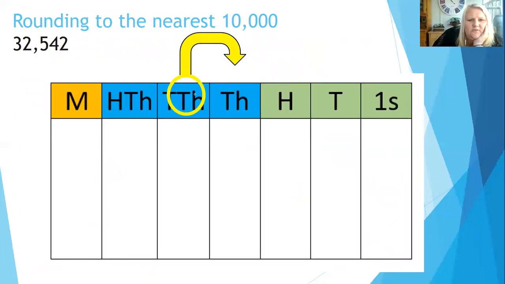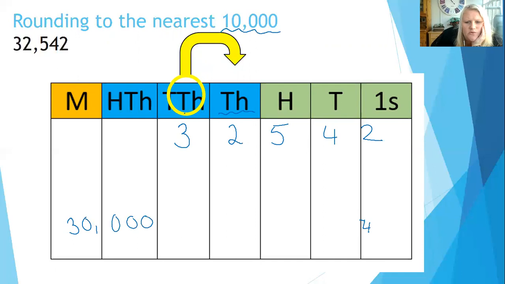So I've got my place value grid and I'm rounding to the nearest 10,000. I've put my special circle and my arrow on the 10,000 because that's what I'm looking for. So it's going to be the thousands digit that tells me whether I'm going to round up or round down. I'm going to put my number in: 3, 2, 5, 4, 2, or 32,542. So my two options, it's the nearest 10,000, so it's either going to be